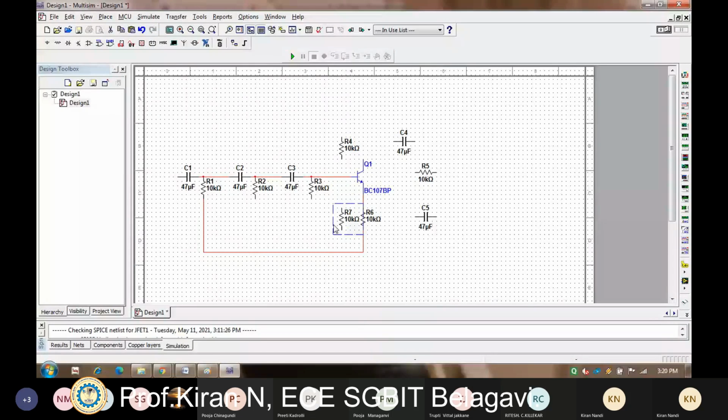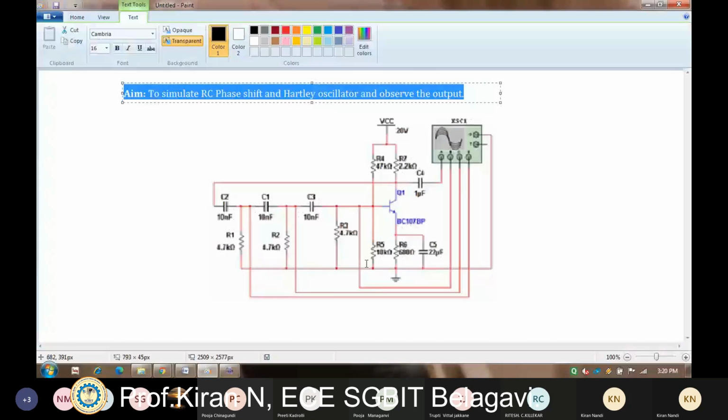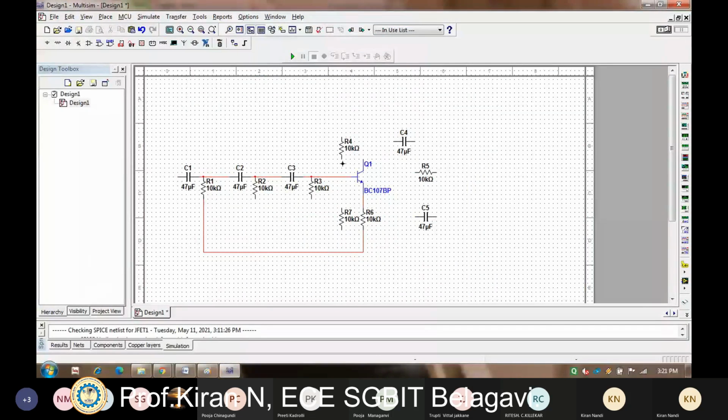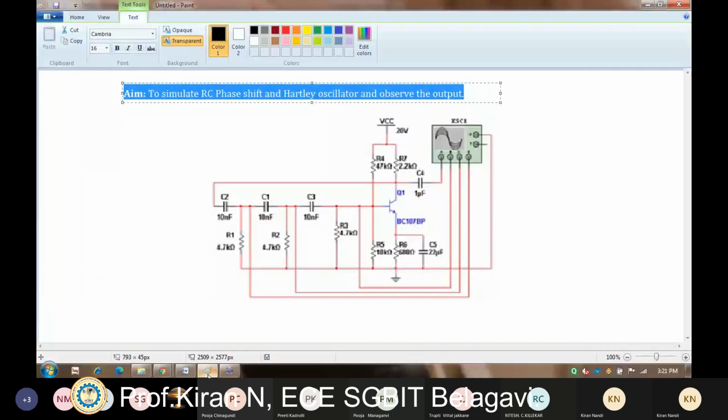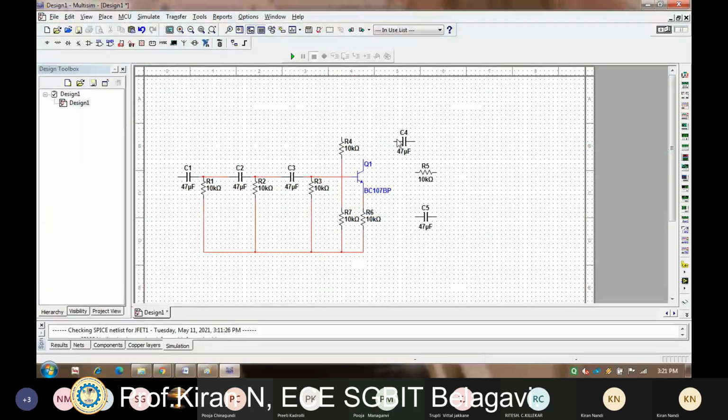So you can see here in the circuit diagram, I have connected all this resistance here. So just go on connecting like this. Okay, and we'll see one more, this capacitor.